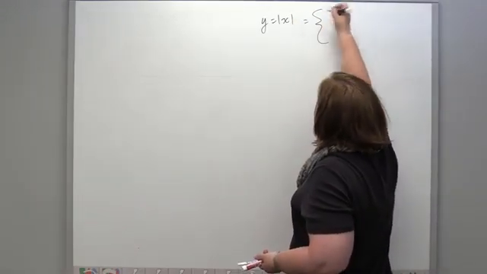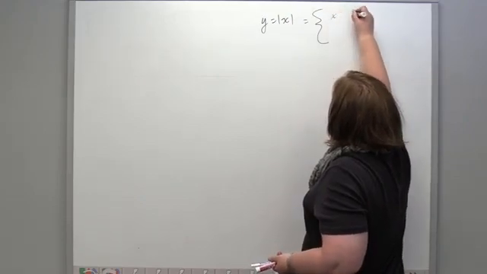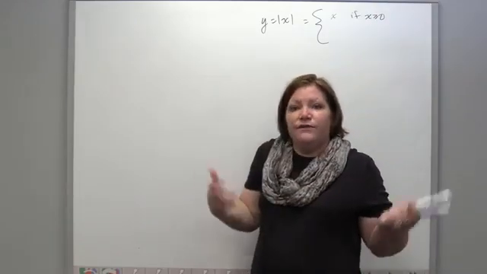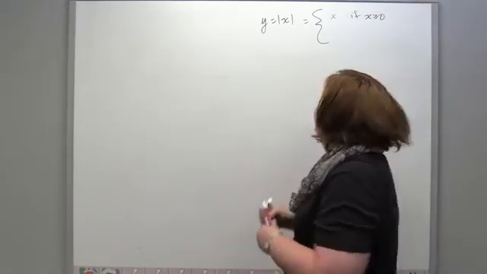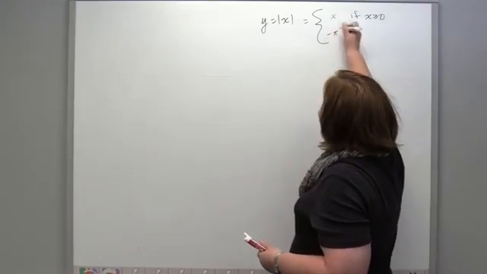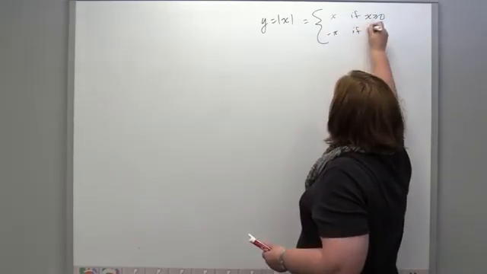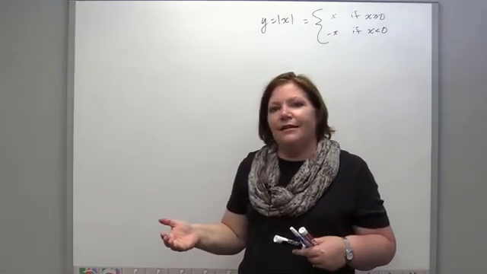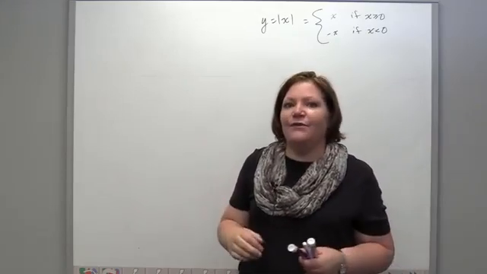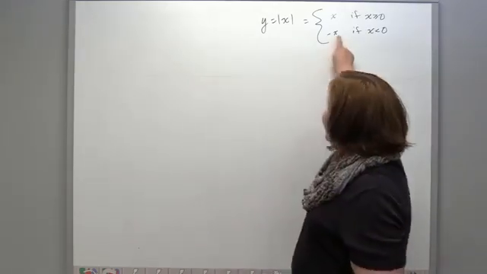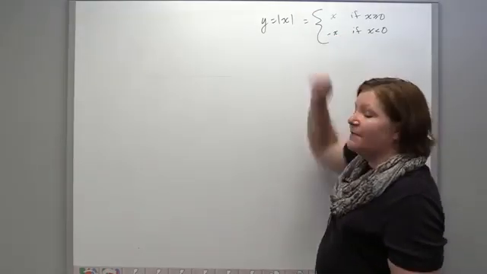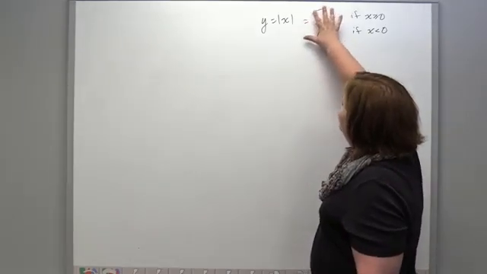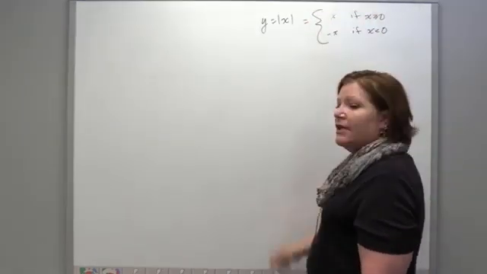So the absolute value of x is just x if x is greater than or equal to 0. Absolute value of 5 is 5. Absolute value of 0 is 0. And it's the opposite of x if x is negative. So the absolute value of -3 is -(-3), otherwise known as 3. It's the opposite of x if it's negative. So that's a piecewise defined function. And this is how you define piecewise with this fancy notation.